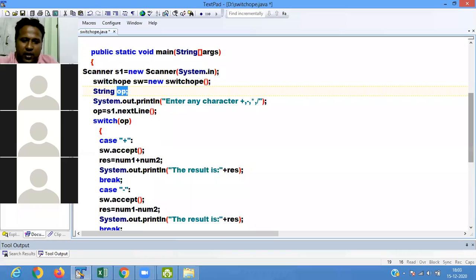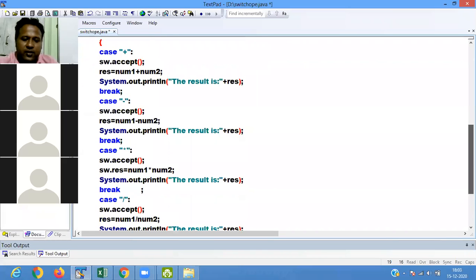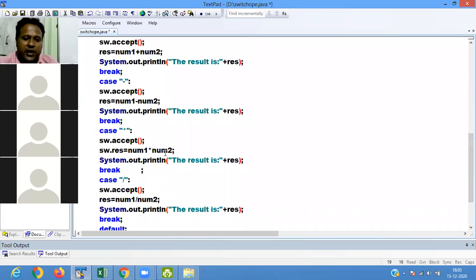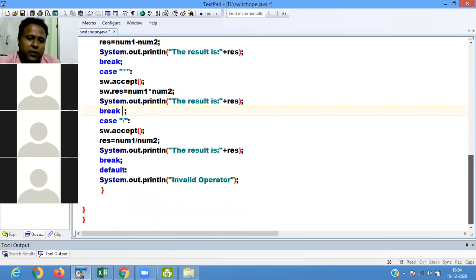तो सिमिलर वे, when I use multiplication, then it calls the accept method, it multiplies the number and gives the result. When I pass the division, it divides the number and shows the result. Okay, then lastly, if you are passing any other character, मतलब plus, minus, division, multiplication के छोड़कर और कुछ भी सिंबल मैंने यहाँ पर अगर दूंगा तो यहाँ पर आपको शो करेगा "Invalid operator"। ओके।